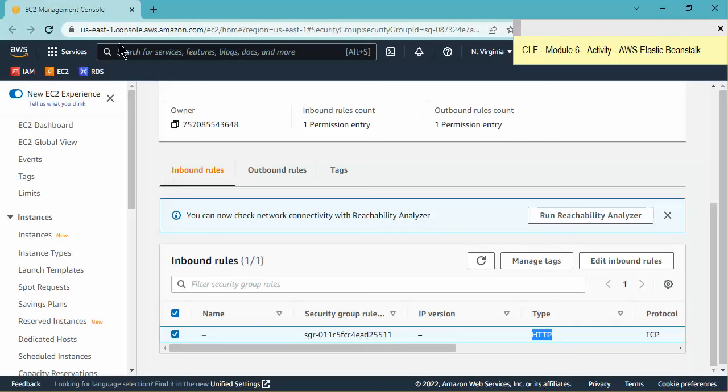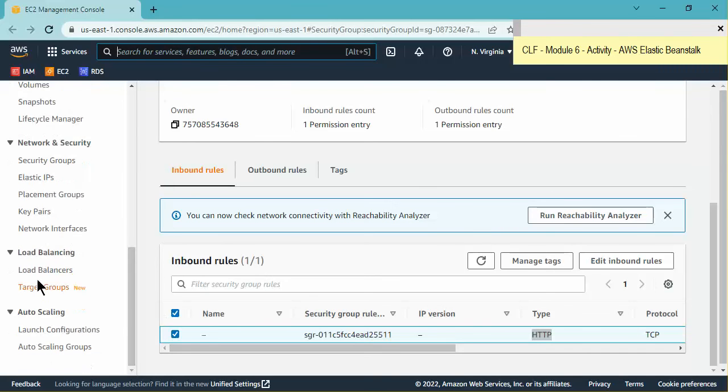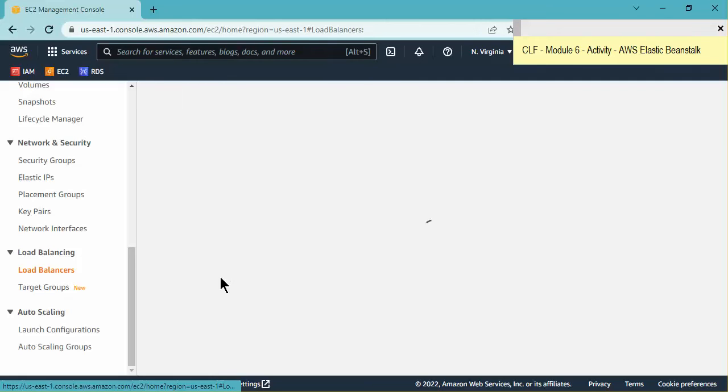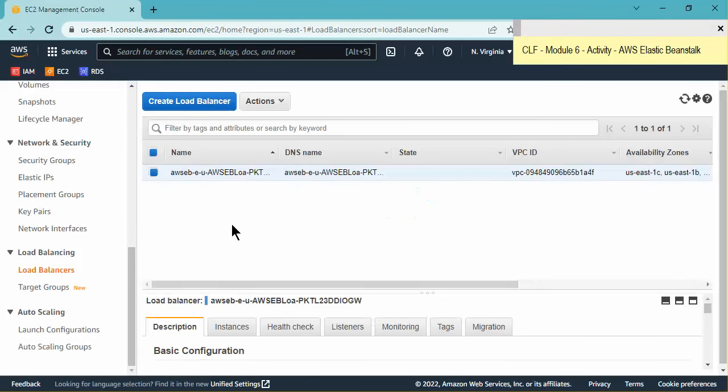That's what we're using. Let me see. I should be able to find Elastic load balancers here. In this particular case, this type of Elastic load balancer is going to be an application load balancer. So here we have it. Again, it starts with AWS EB for Elastic Beanstalk, and so this is the